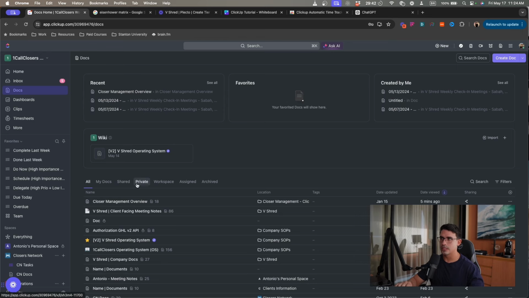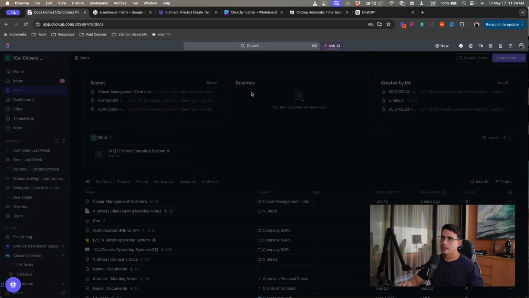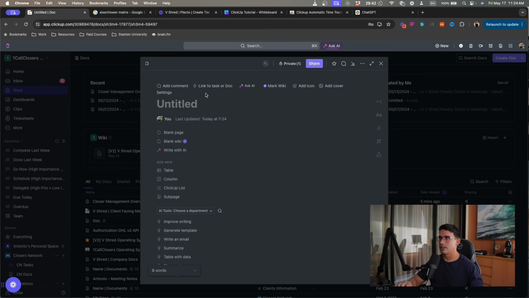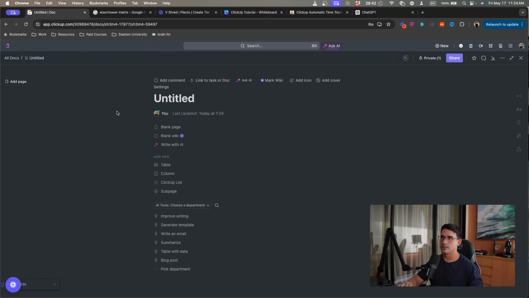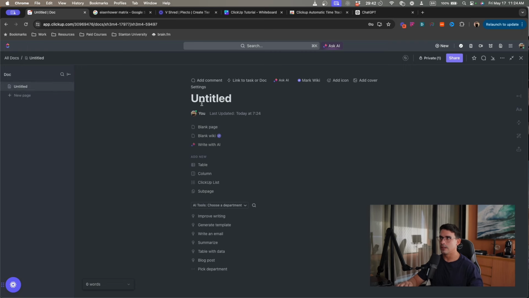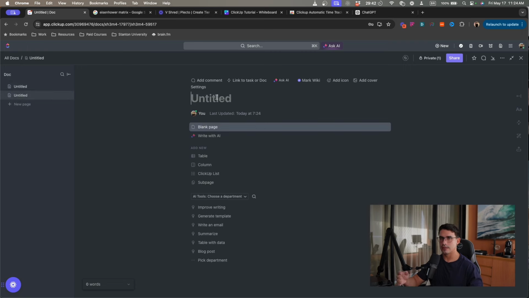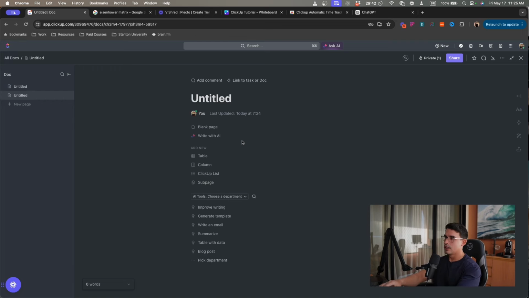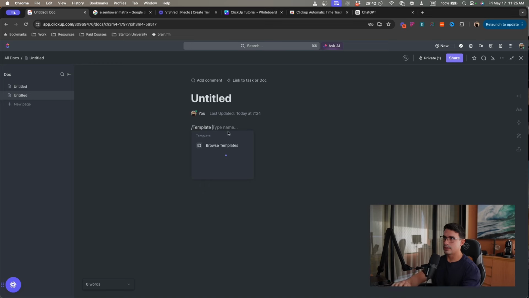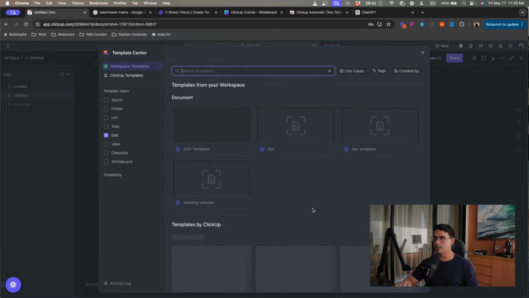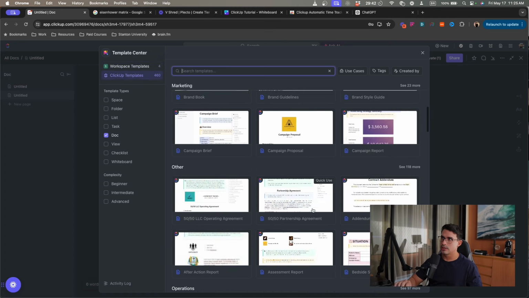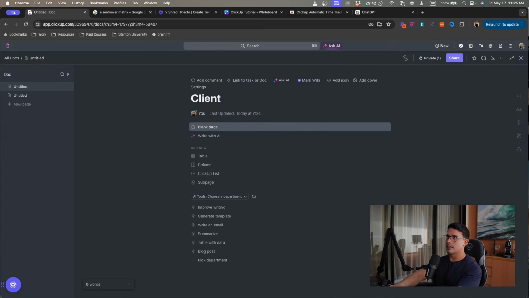I haven't really covered them in depth, but the documents in and of themselves are useful. I think the best use case for documents is to create them attached to a specific folder or a specific list, and then you can also leverage templates to create the documents. Right here in ClickUp, they have a good number of templates that you can use. Let's say, for example, you're having meetings with your clients. What I typically do is create a folder like client X meetings, and let's say weekly meetings.